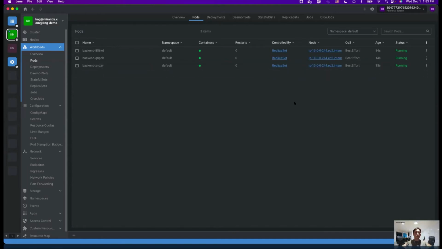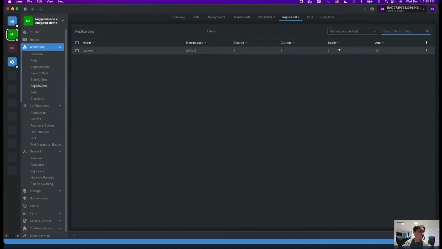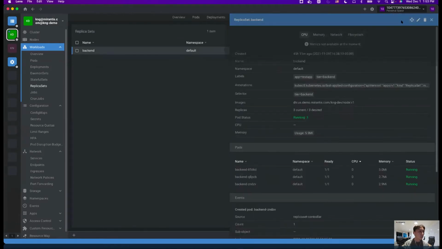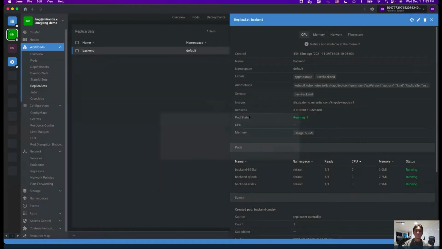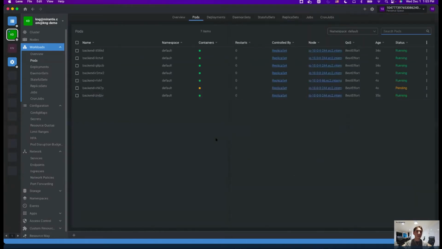Oh, great. Now I've got my 3 pods running. But I know my workload is going to be a bit more than just the 3 pods can handle. So let me go ahead and really quickly fix that replica set. Let me scale this up and say, okay, you know what? I'm going to need 7 replicas running at the same time. Do that. And let's have a look at it automatically deploy in the environments. And there you go. Okay.